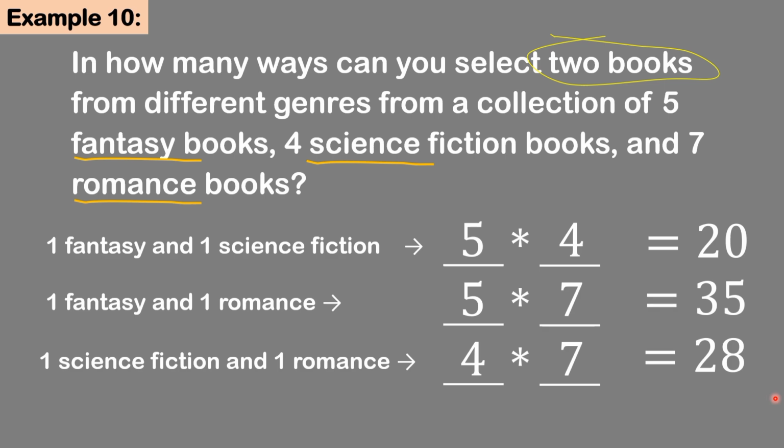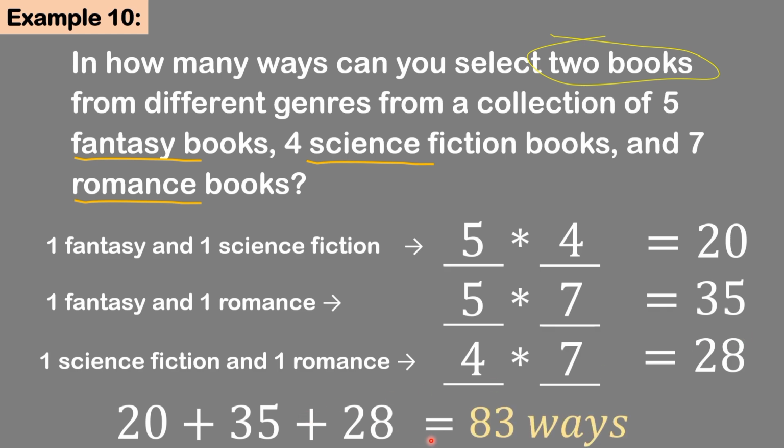Then add the different ways. 20 plus 35 plus 28 equals 83 ways to select 2 books from the different genres of a collection of fantasy, science, and romance books.